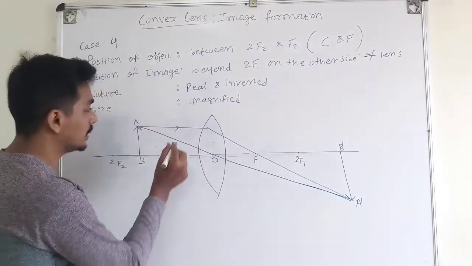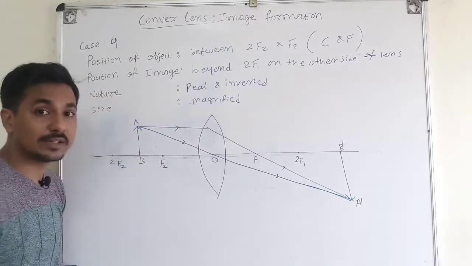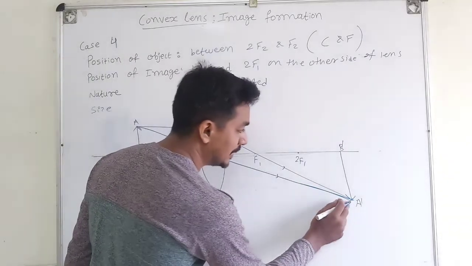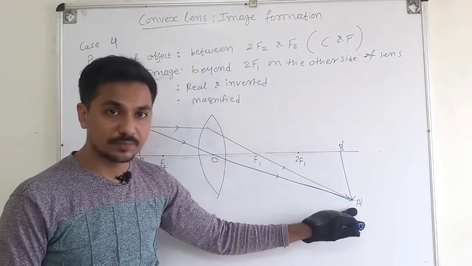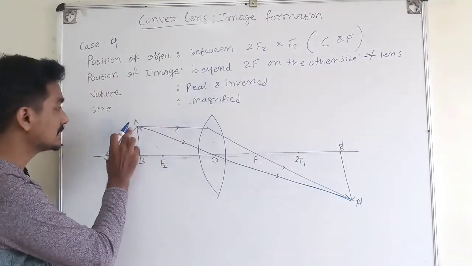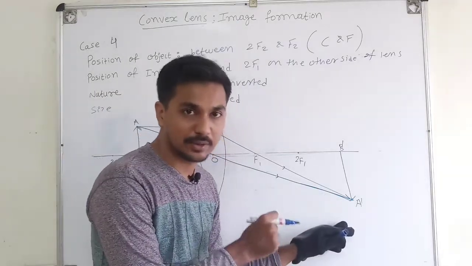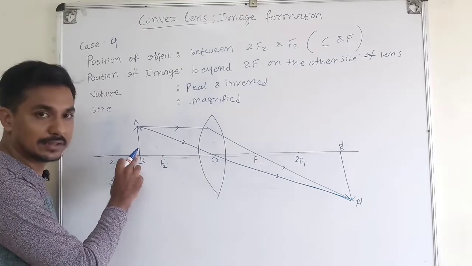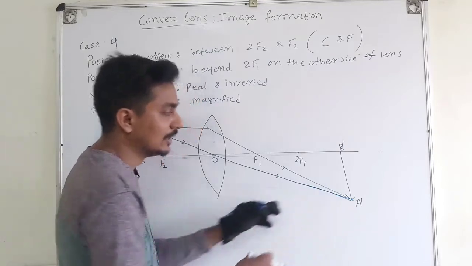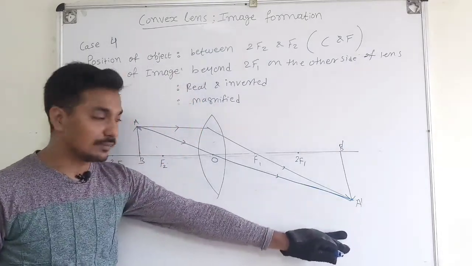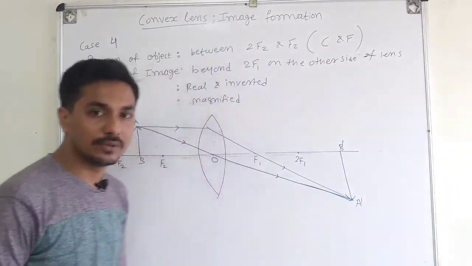So here both the refracted rays are meeting. See, the real image we will get when the refracted rays are meeting. So here the rays are meeting at a point, and you can see that the image is inverted, it is below the axis. The rays are passing from the head, so if the rays are meeting, then we are getting the image of the head at that point. If the rays are passing from the tail, then we will get the image of the tail at that point. So here the image is inverted compared to the object, and also it is real because it can be obtained on the screen.